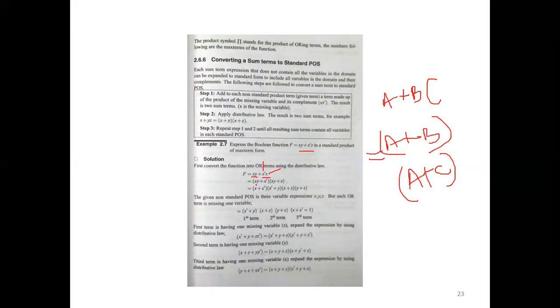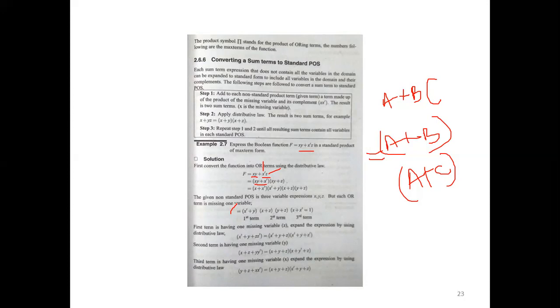So x plus x bar is a plus b, and xy plus z is a plus c. Then again we have the a plus bc concept, where x is a, and xy gives b and c. You can write it as (x plus x bar) into (x bar plus y) into (x plus z) into (y plus z). So finally we came up with the POS form, that is, the output function of the above equation is a product of sums.